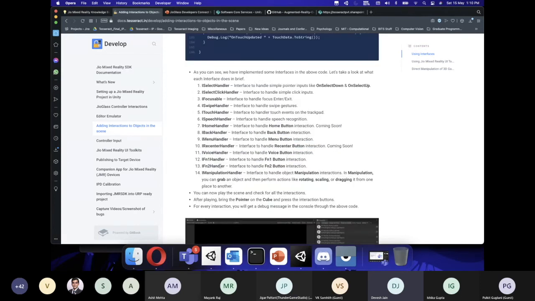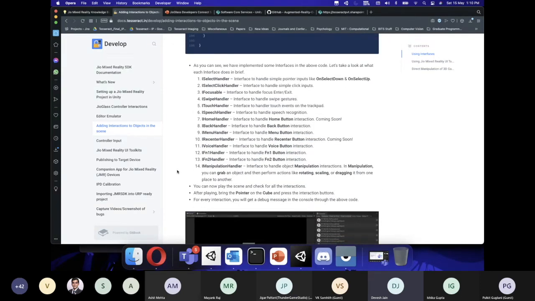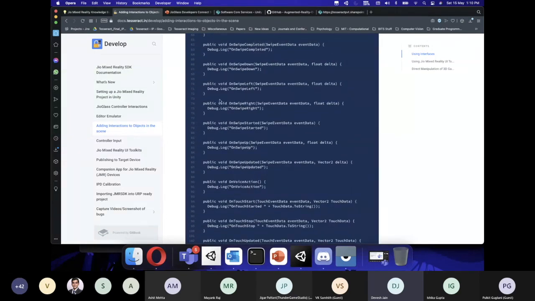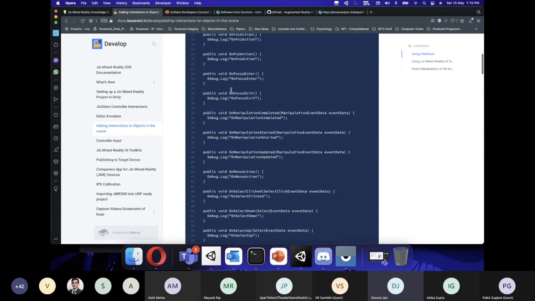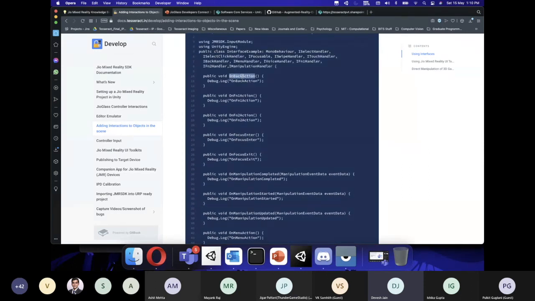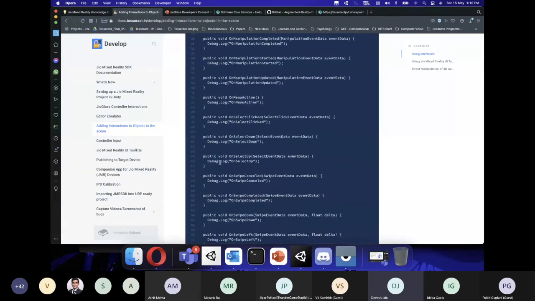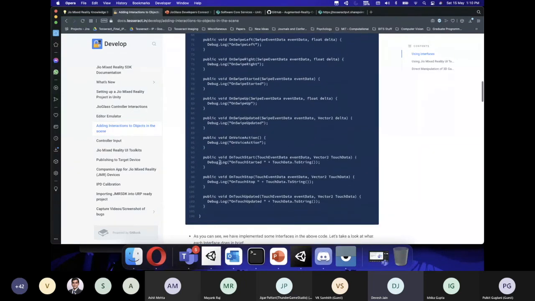These functions by default only work as a specific functionality for the particular object that you've applied this script on, which means that when I implement this functionality and let's say I just copy paste or download this particular script, which will give me a callback for any button presses, which is back button or even select button or up, down, etc.